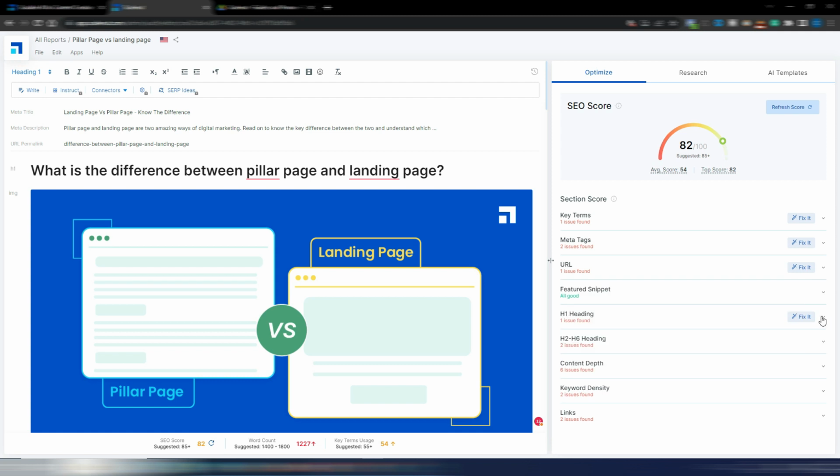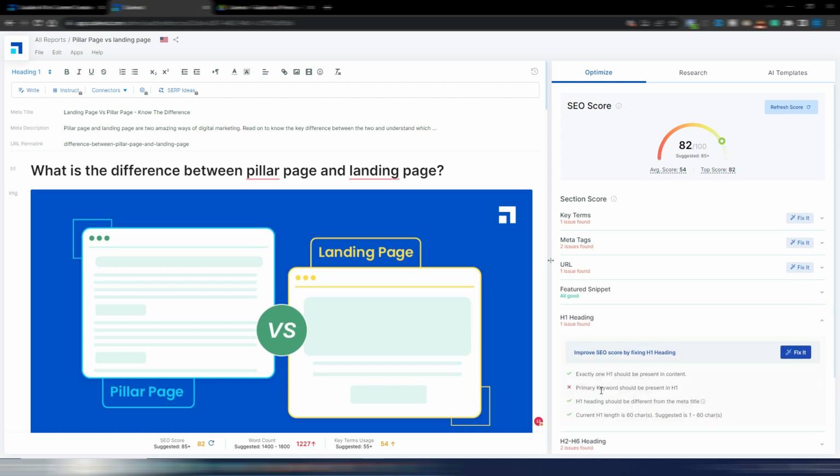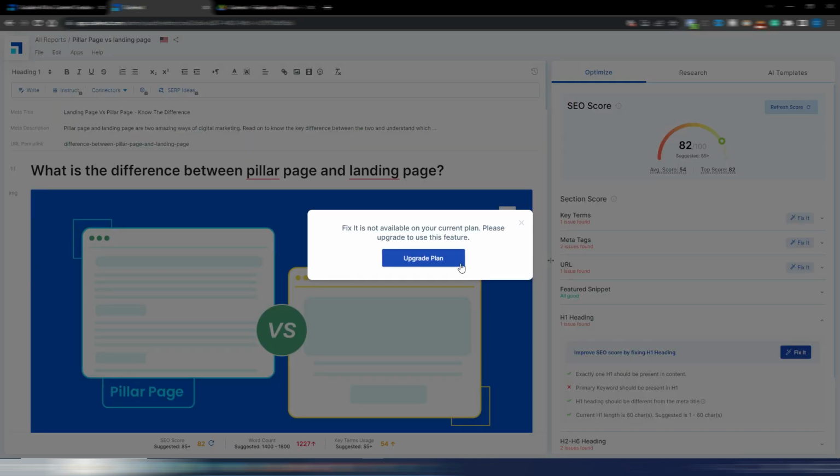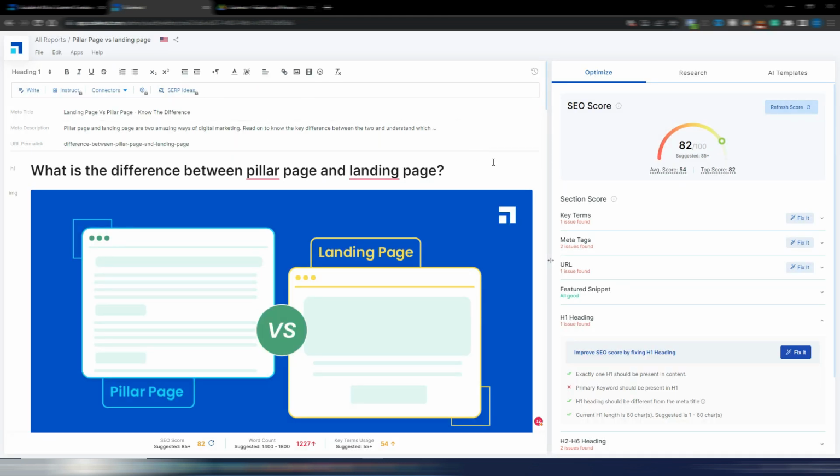And again, H1 heading, primary keyword should be present in H1, so even here you can fix it just by clicking this button. Now, I don't have an active plan at the moment with Scalenut, so I just want to try to click on this Fix It and see if it works. Okay, it's saying I need to upgrade my plan, but I can show you how it works by using one